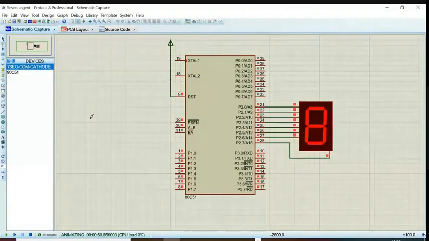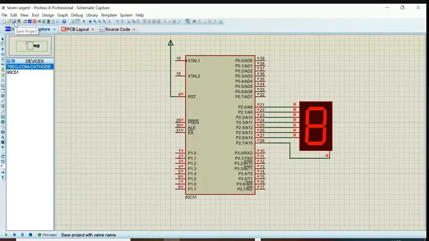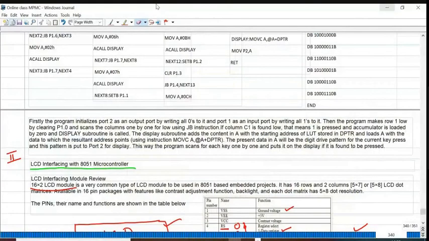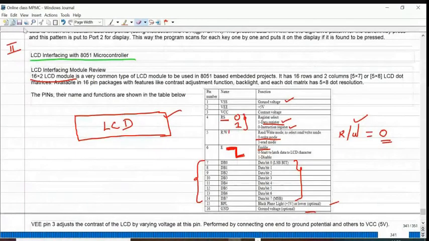ADC, DAC I gave as assignment. You have to perform that. And memory interfacing is theory part only. I'll share this material today itself so that you can recollect the information.